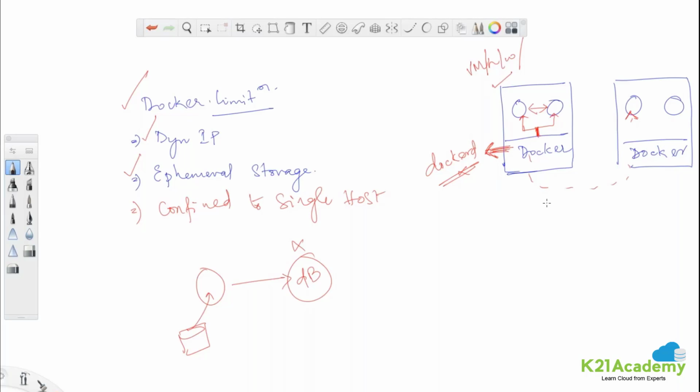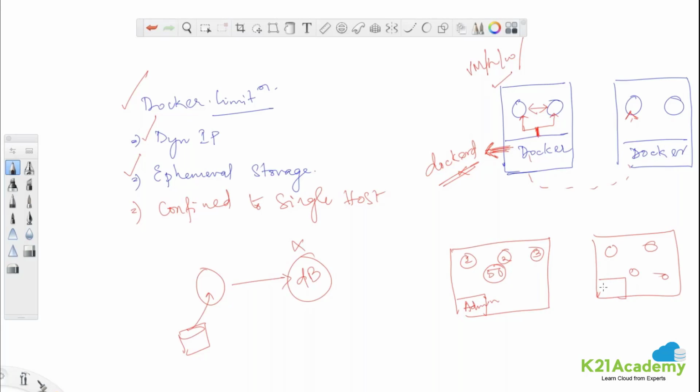And that is when Kubernetes came into the picture. Just think that you have a set of employees and you have started a startup with just 2 or 3 employees. You can manage them individually, right? It's not difficult to manage. But one time you grow to 50 and you are not confined to one office. Say you are running in multiple offices, and you would have to appoint an admin guy, an HR type of team, in each one. These are the ones running each of the offices, and someone is sitting outside and managing them so that they can manage the employees inside.